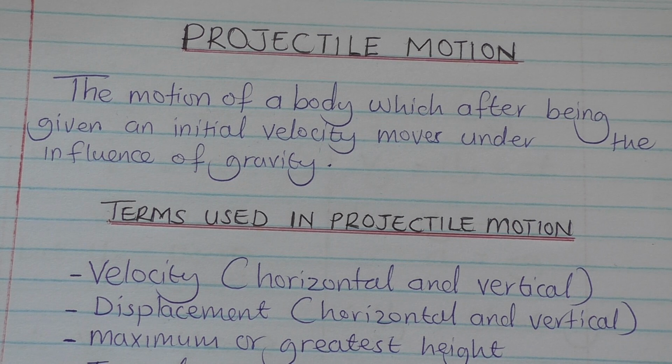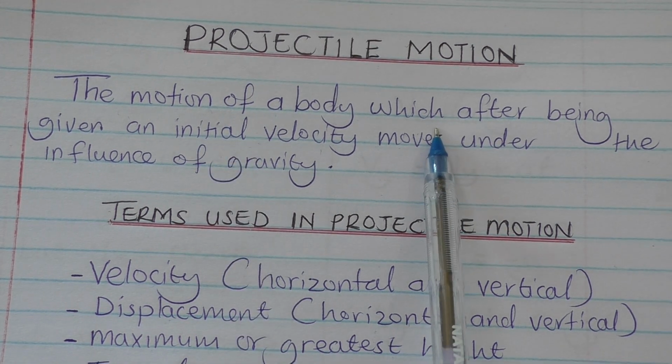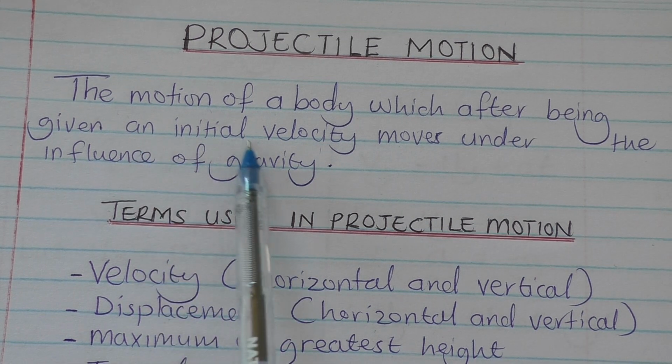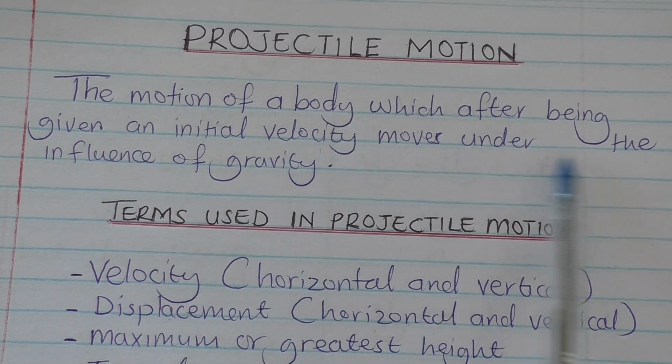We looked at the first kind of motion under gravity, that was vertical motion. In today's video, we shall be looking at the second kind of motion under gravity, which is projectile motion. Projectile motion is defined as the motion of a body which, after being given an initial velocity, moves under the